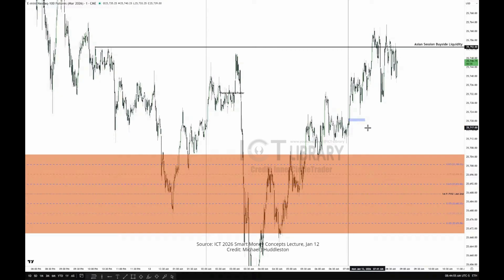And if it was done on the basis of the first presented fair value gap, then I would use that there and then run up to that. And that's how I would use that during the first hour of trading. See the difference? Okay, so having scenarios, and I'm talking in hypothetical because what I'm describing has already happened here. So I wouldn't expect that type of thing because it already ran for that liquidity. So what you're looking for is now inside of the 2 a.m. to 7 a.m. That is your pre-market session, but including overnight London session.